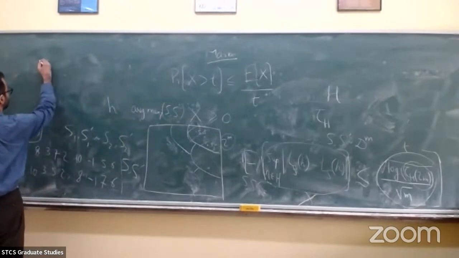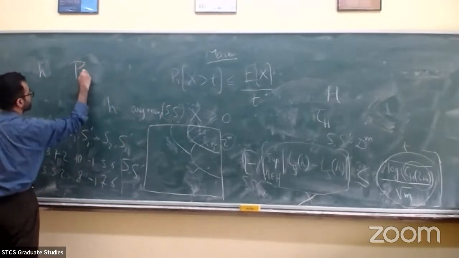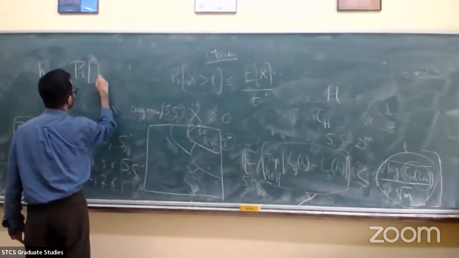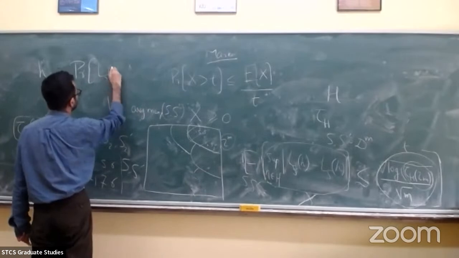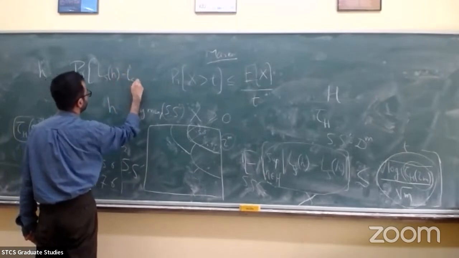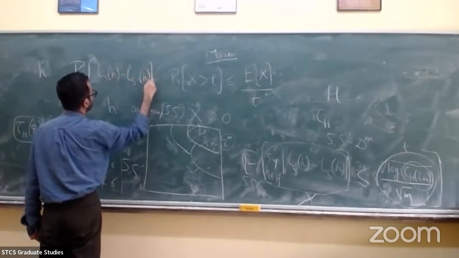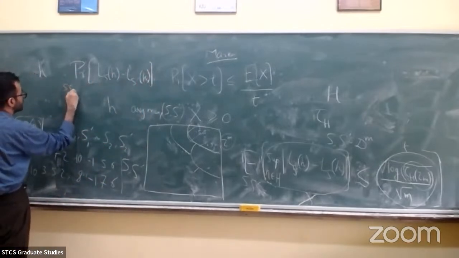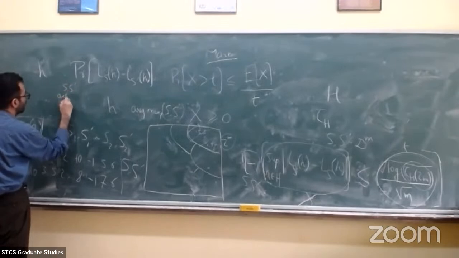For a single hypothesis, you get the probability that L_S(h) minus L_S'(h), where S and S prime are from one partition,